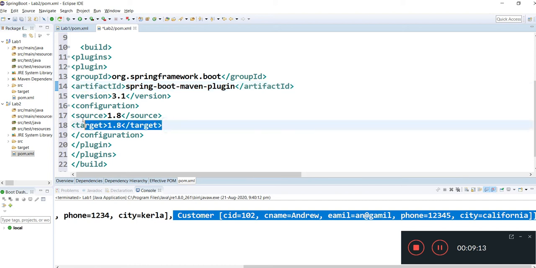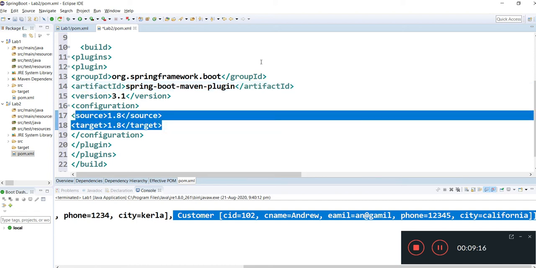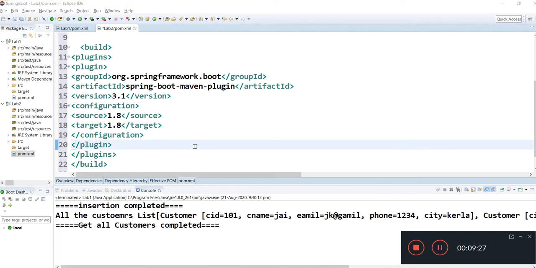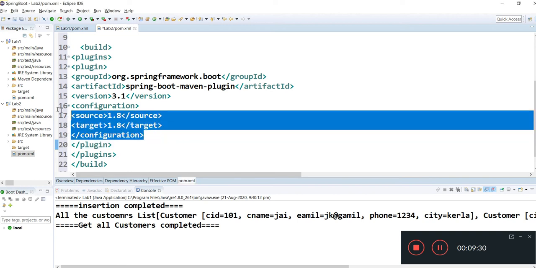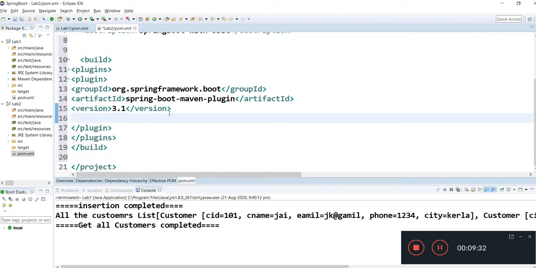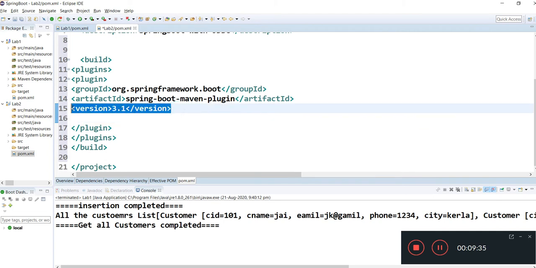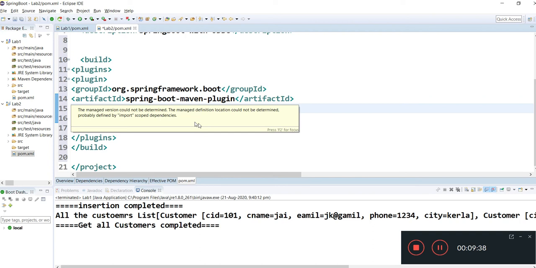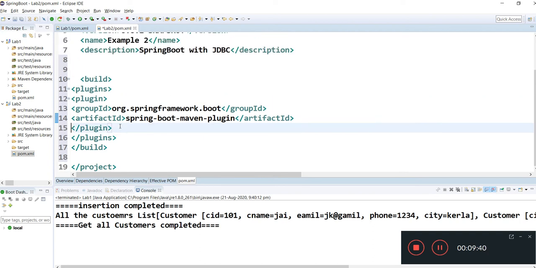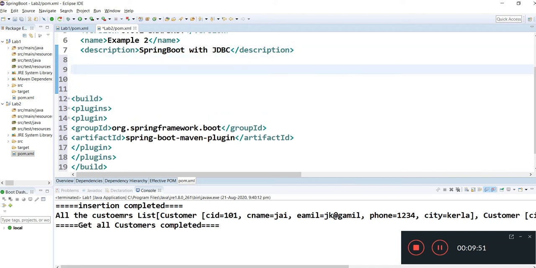And after this we will mention other dependencies. These configurations are not required, so I am removing this. Easily you can observe the beauty of Spring Boot. Okay, so we have mentioned the Spring Boot related Maven. Now we will write other dependencies,